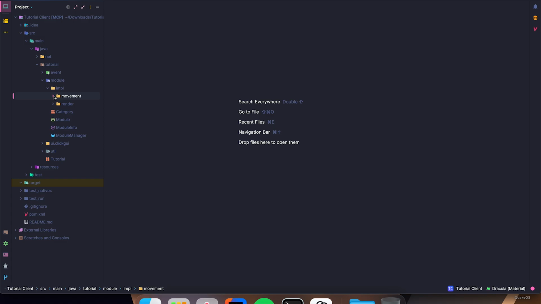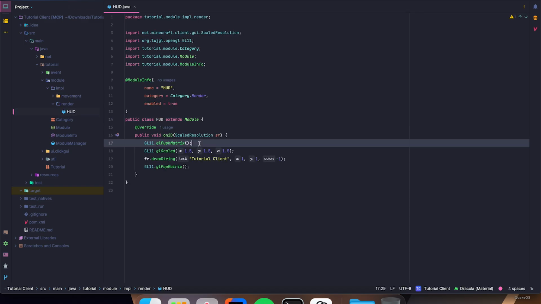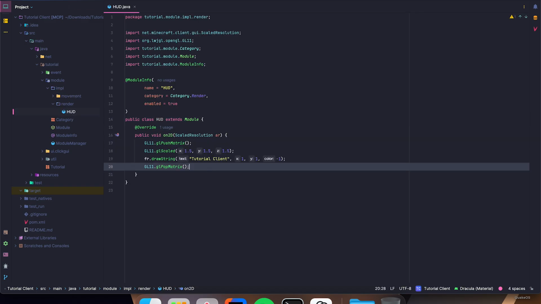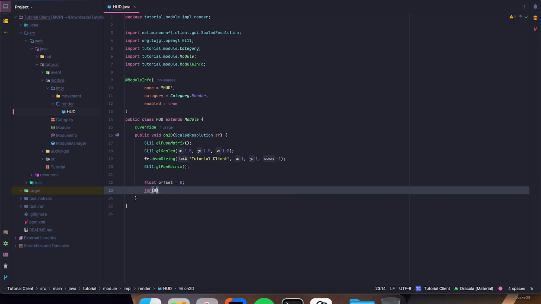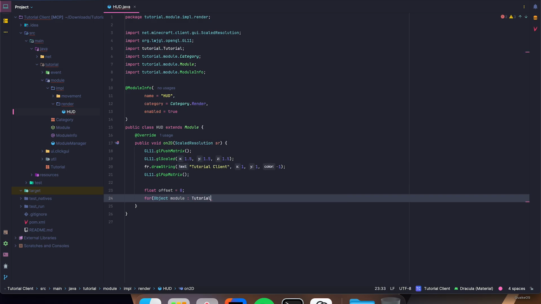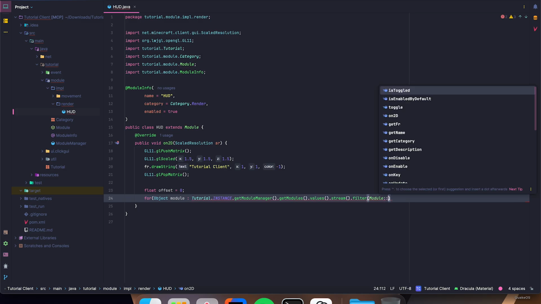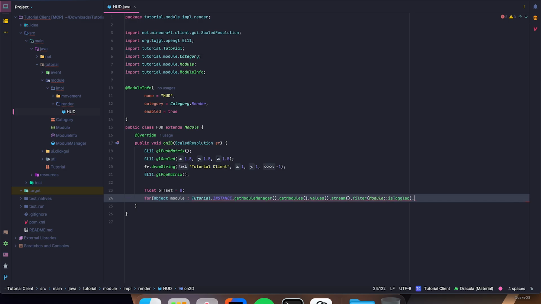And I'm going to go ahead and create the array list first before the setting system. So let's go into render HUD. And this might get a bit complicated, but just stay with me. Float offset equals 0, for Module module of tutorial.instance.getModuleManager.getModules.values.stream.filter Module::isToggled.sorted